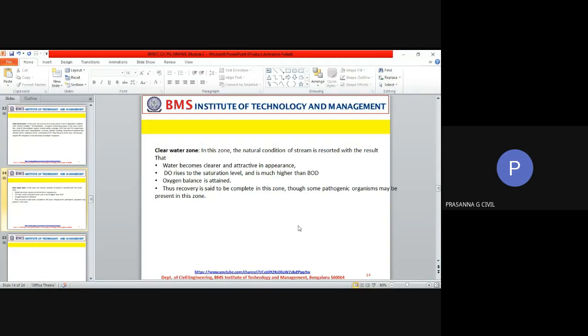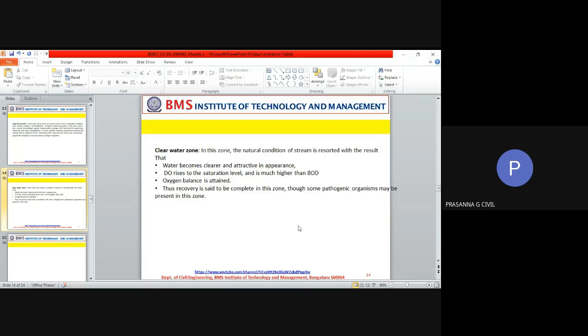There may be pathogens; nobody can kill all the pathogens because they are also organisms. The only thing is they are disease causing. So they could be present, and leaving that aside, your water would have come back. Even in natural waters, pathogenic organisms will be there. It's not that all pathogens are coming because you have deposited waste. It is definitely coming from waste, but it can come from anywhere. It can come from runoff or whatever into your water body. So right now you have reached the place where your water body has regained its original state.